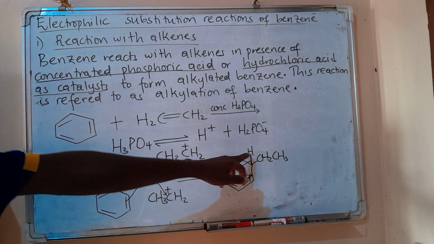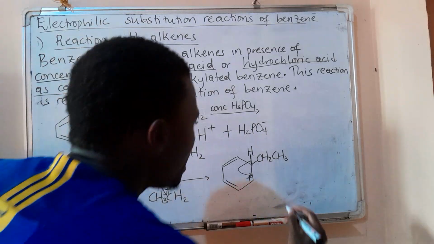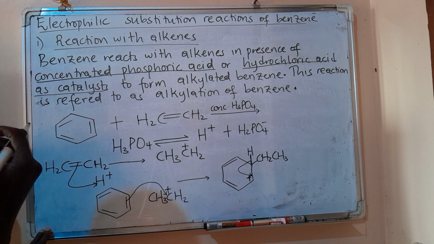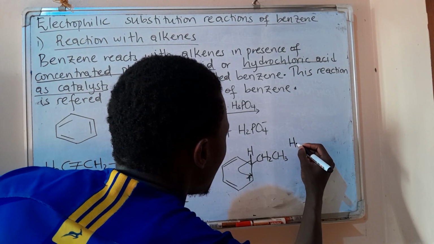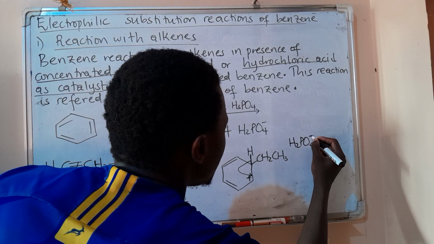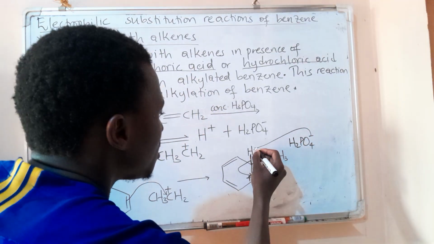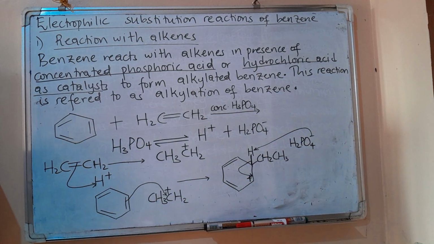Hope you are seeing that it is lost. Since it is becoming electron deficient, I can bring my hydrogen phosphate ion here, because it is electron rich, so that it gives electrons to that hydrogen. So we shall form